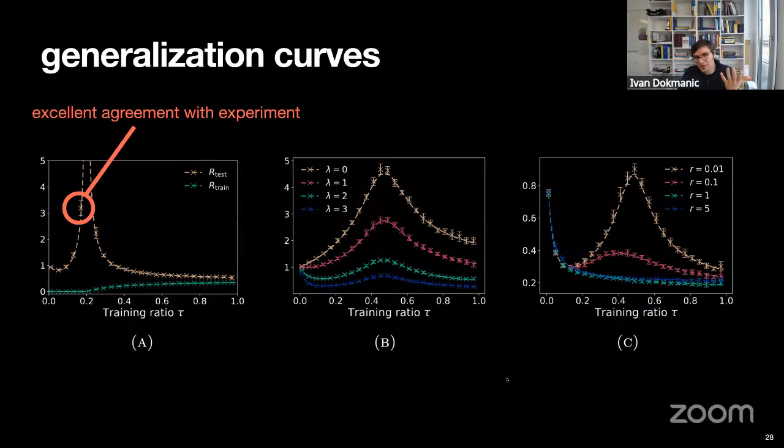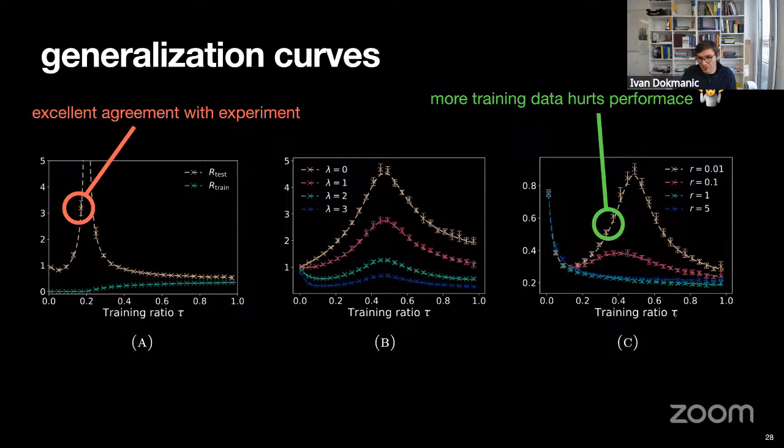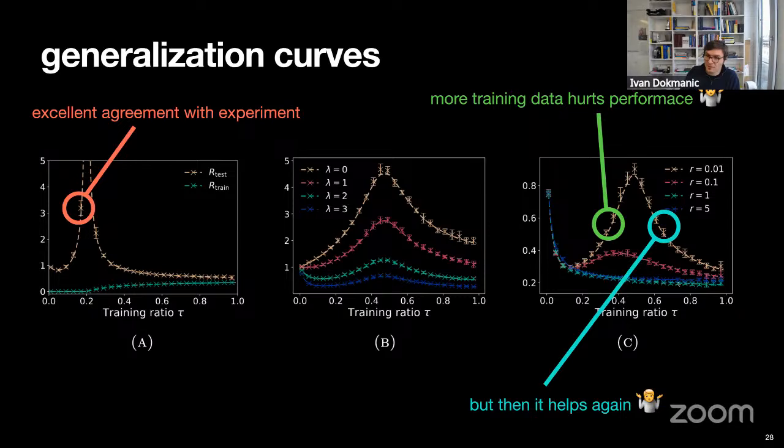And then you can really start looking at the phenomenology, right? So here you see that as you increase the number of labels that you have for training, your error first starts going down, but then in some cases it starts going up again. Okay, so that's absurd. You're giving more data to your learning algorithm, and it performs worse the more data it has, and then it goes down again. This is actually a phenomenon that we understand well today. It's called double descent. It's a bit of an unusual way to look at it because we're not varying the complexity of our estimators. We're varying the number of labels that we have for training. That is the same thing.